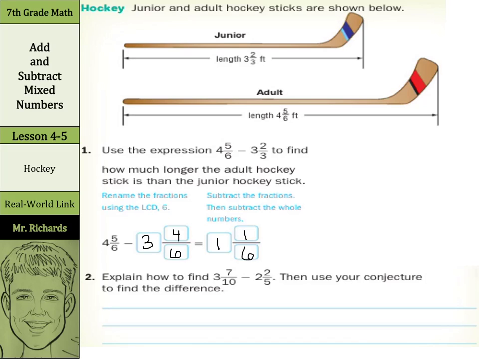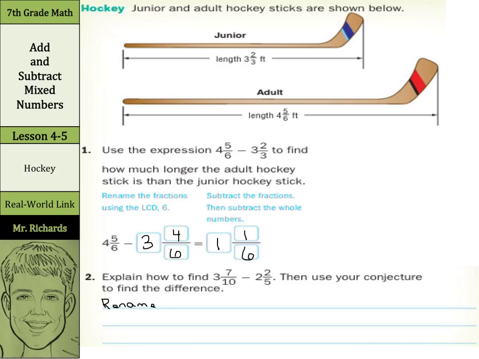Explain how to find 3 7/10 minus 2 2/5. Then use your conjecture to find the difference. Well, if we look at the first one, what did we do? We rename the fractions using a least common denominator of 6 first. And then we subtracted the fractions and then the whole numbers. So in order to explain this one, I would first